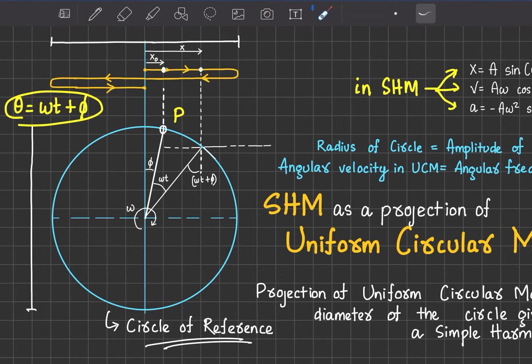What about velocity and acceleration? Let's just check. So if we have the particle moving in circular motion, and right now the particle is here, right? So its velocity will be tangentially something like this. So let's just draw the velocity. So this is the velocity vector v, and this v equals r omega, and in this case our r is equal to a, so a omega. This a omega will give us the velocity in circular motion, right? So what about the velocity of the shadow over the screen?